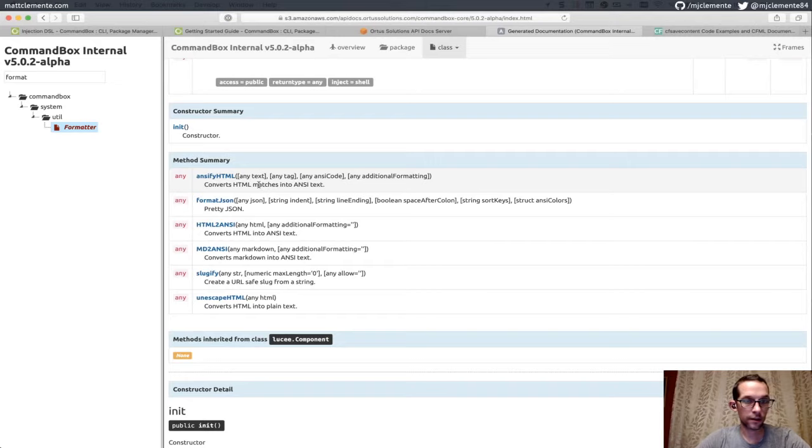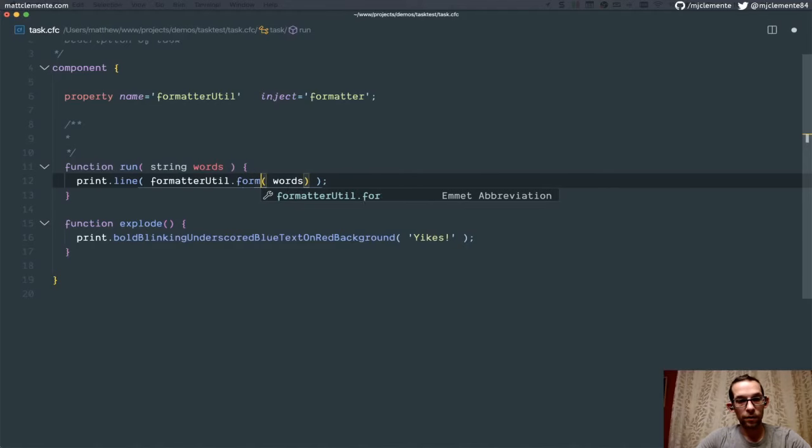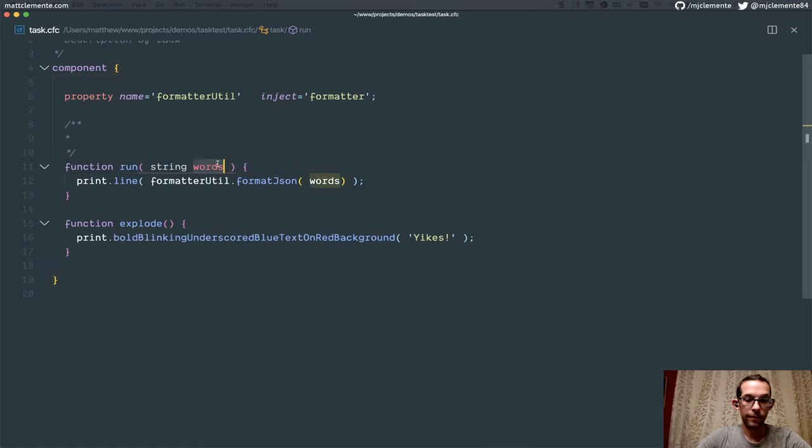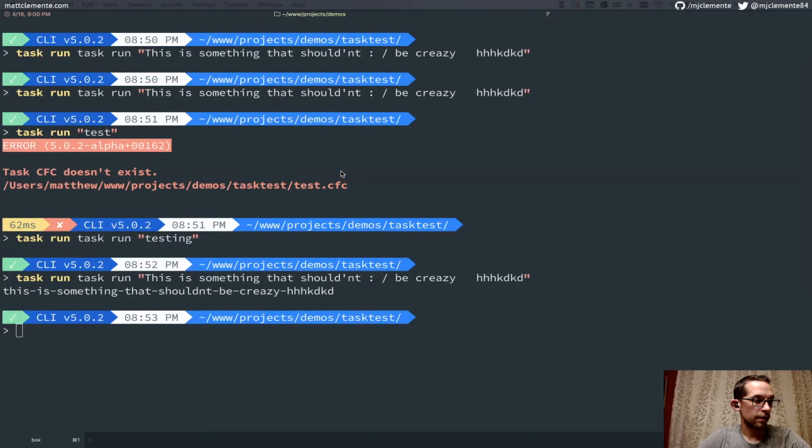Format JSON. If we passed in, and I'm not going to, I'm just going to do something really basic here, but if some JSON was generated,